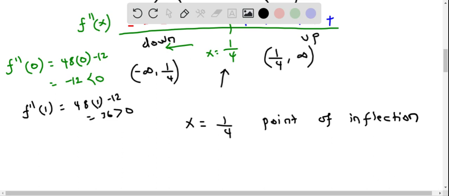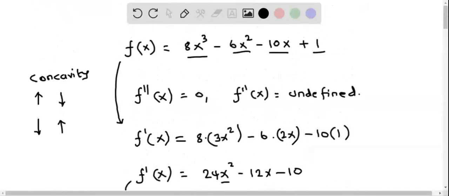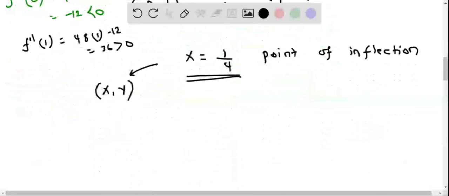And so we can give the xy pair of the point of inflection. For that, we need to determine the y. So we can plug in x equals 1/4 into the original function to determine the corresponding y value. So let me copy the f of x, which is f of x equals 8x cubed minus 6x squared minus 10x plus 1,